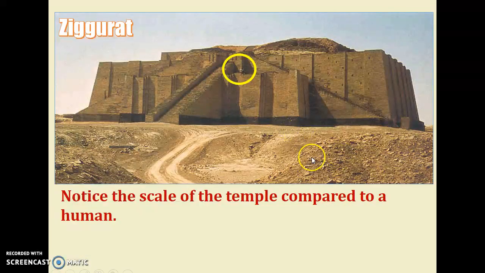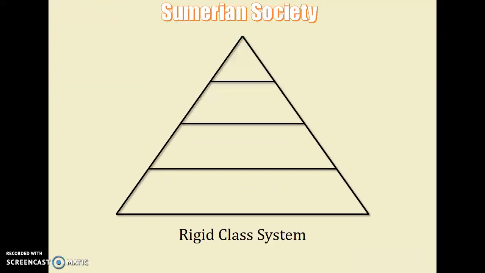And here's a ziggurat. You can see that this gentleman here is sitting up there. They look similar to a pyramid. Sumerian society was also divided into a rigid class system, which is no shocker. Usually your priests and kings were up at the top. Your slaves, your poor workers, and your farmers were down here, and your artisans, scribes, and perhaps some of your other religious figures were in this top tier.